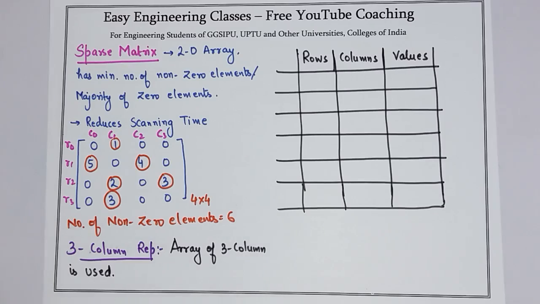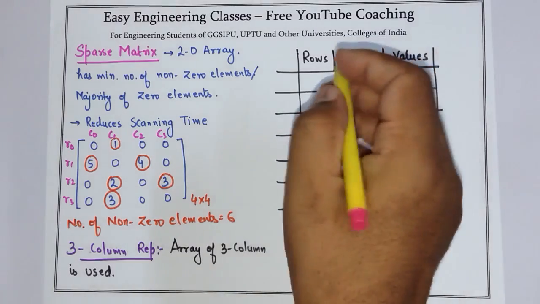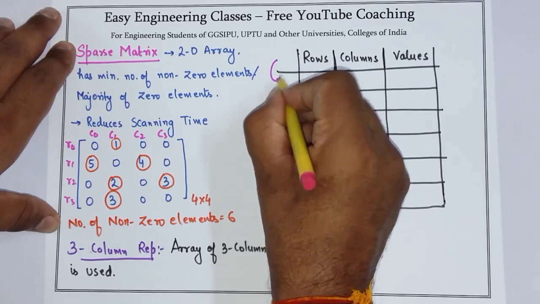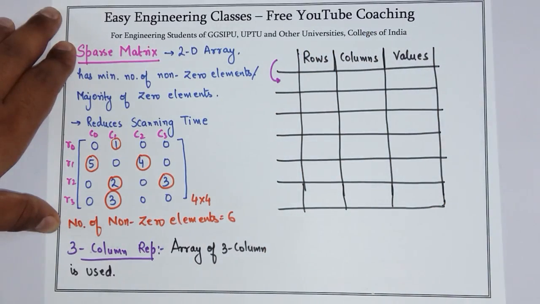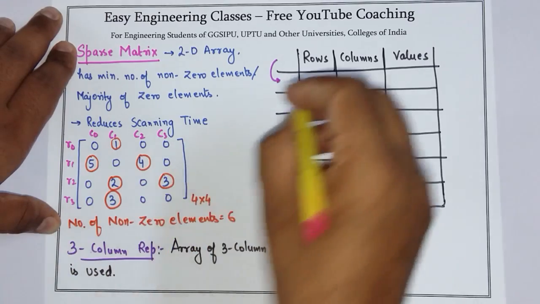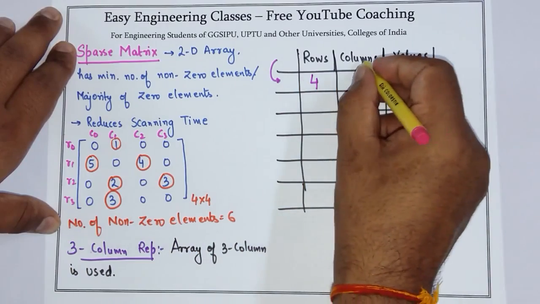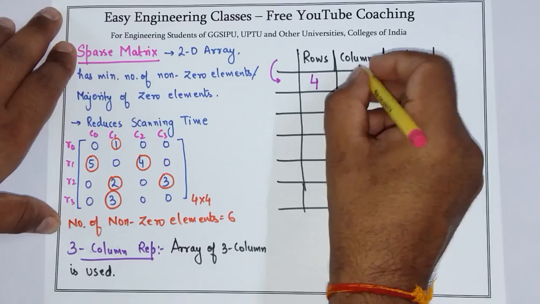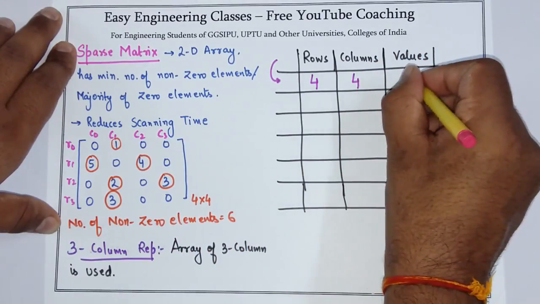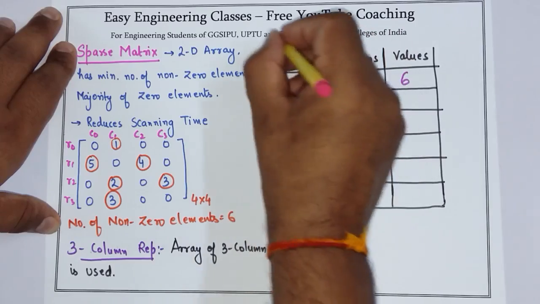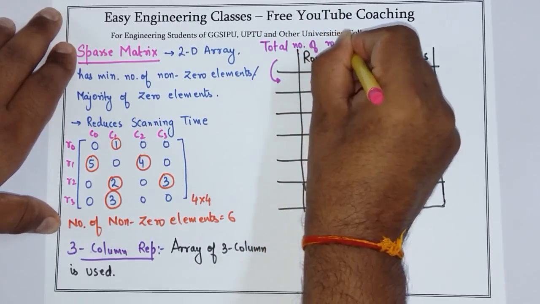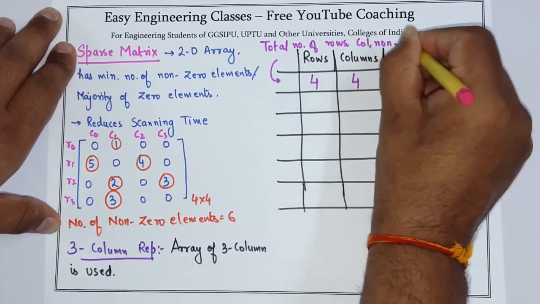जो सबसे पहली रो होती है 3-column representation में, that contains total number of rows. So this is the first row. So the first row contains total number of rows. अब देखिए इसमें टोटल नंबर ऑफ रोज कितनी है हमारे पास, 1 2 3 एंड 4। सो यहाँ पे आप ऐड कर देंगे 4। दिस विल कंटेन टोटल नंबर ऑफ कॉलम्स, सो कॉलम्स आर ऑल्सो 4, सो 4 एंड टोटल नंबर ऑफ नॉन जीरो एलिमेंट्स वो आपके आ जाएंगे यहाँ पे 6। तो जो पहली रो है वो क्या करती है, कंटेन टोटल नंबर ऑफ रोज कॉलम्स एंड नॉन जीरो एलिमेंट्स।